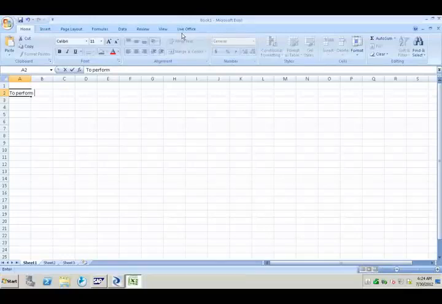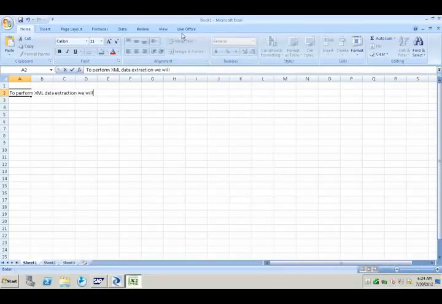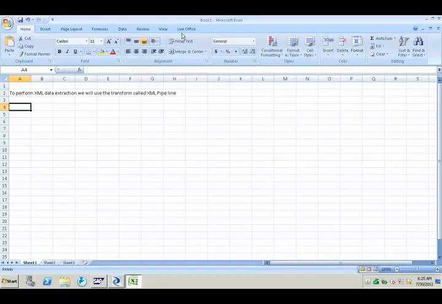Then to perform XML data extraction, we will use the transform called XML pipeline transform. Very rarely will we see this kind of requirement where the data provided by the users is in XML.